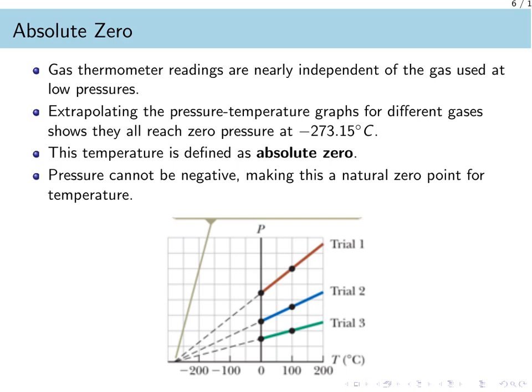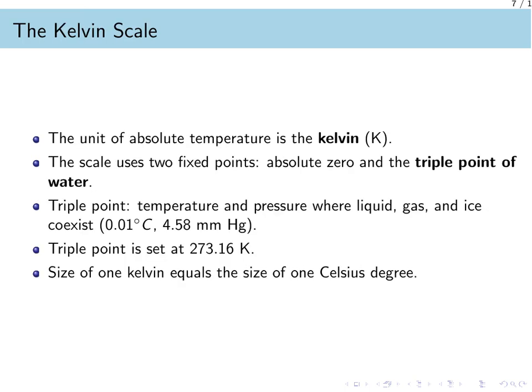Since pressure cannot be negative, this point represents a natural lower limit for temperature, serving as the foundation for the absolute scale. The Kelvin scale is the SI unit for absolute temperature, with the unit being the Kelvin. Unlike other scales, it uses two fixed points that do not depend on atmospheric pressure: absolute zero and the triple point of water. The triple point is the unique temperature and pressure where water exists simultaneously as a liquid, a gas, and ice. This occurs at